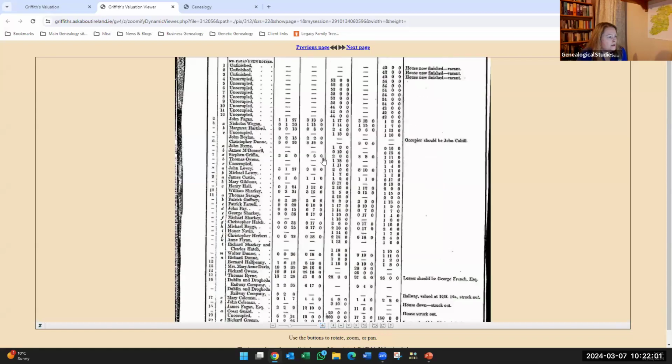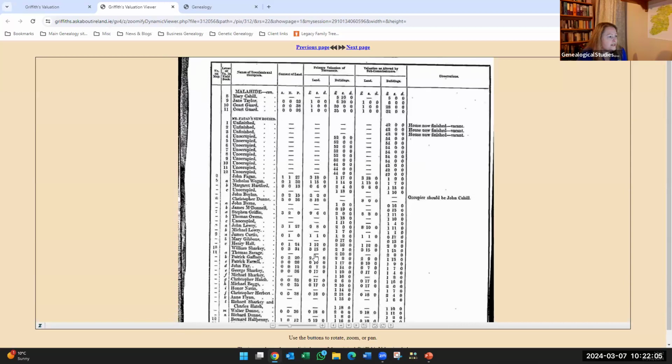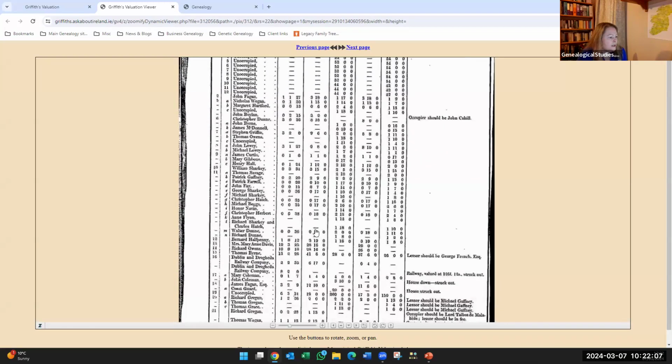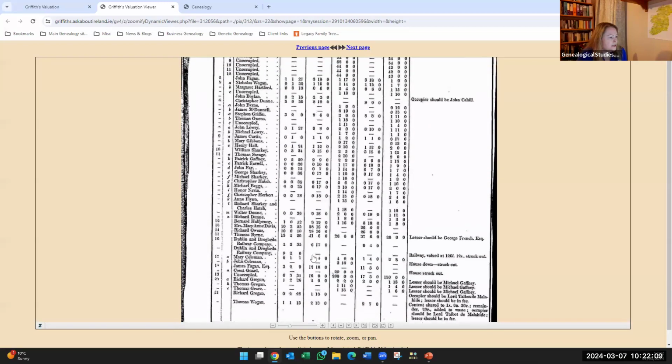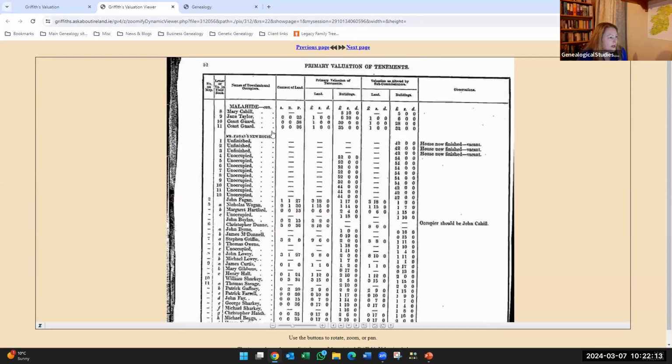So when we go in here, we can see that there's a list of... this is not the right page. But anyway, I'll just show it to you here anyway. So here's a Christopher Dunn, and this is a category in the town called Mr. Fagan's New Houses. And Mr. Fagan was a property developer. I actually don't know what his first name was. And he was building houses in the 1840s.